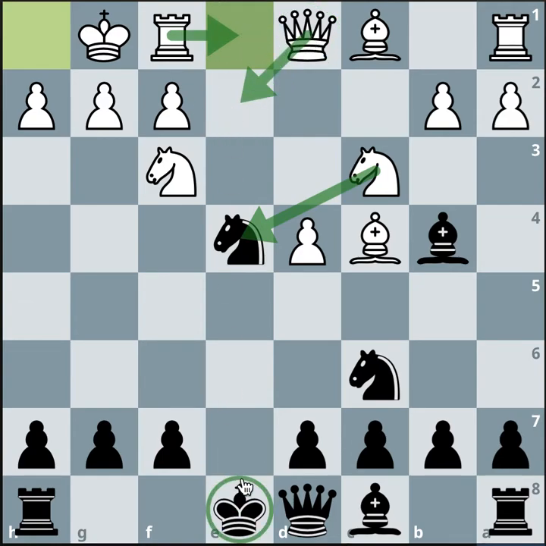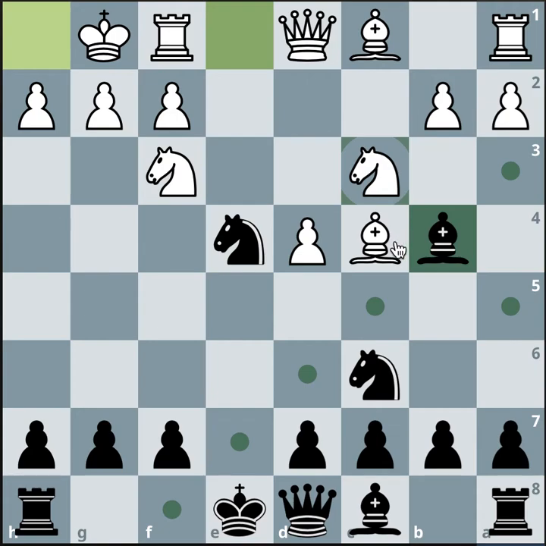My king's still on e8. I can't castle right now because he'll take my knight, so I have to do something. I thought I probably had to take, and it turns out bishop takes is the main move. In the game, I played knight takes. So this is not played, and we'll have to see why. The main move is bishop takes,